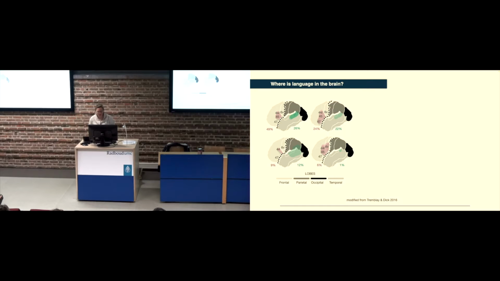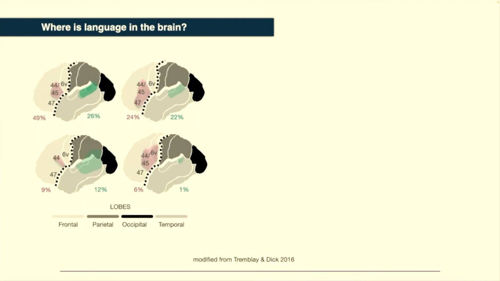In 2016, Tremblay and Dick actually went to the Society for the Neurobiology of Language, so arguably the experts in the field, and asked them where Broca and Wernicke are in the brain. And what you see here are the different possibilities they had to answer. So you can see area 44, 45. These numbers refer back to Brodmann areas. You can see area 44, 45, 47, only 44, or the ventral BA6, 44, 45, and a couple more possible